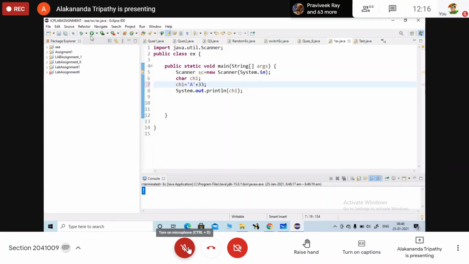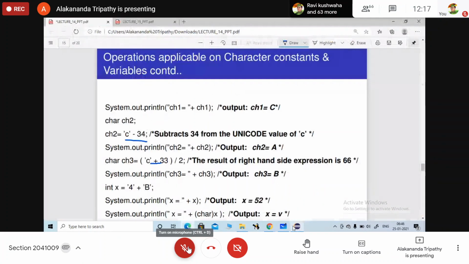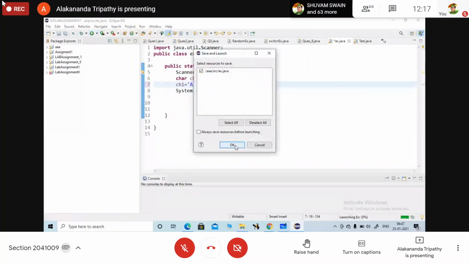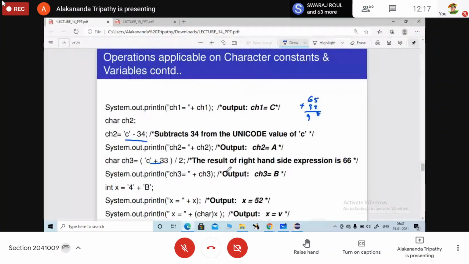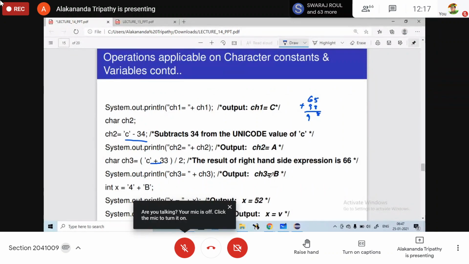Small b. 65 plus 33 is 98, yes, small b. Very good. Okay, so here the output is small b.